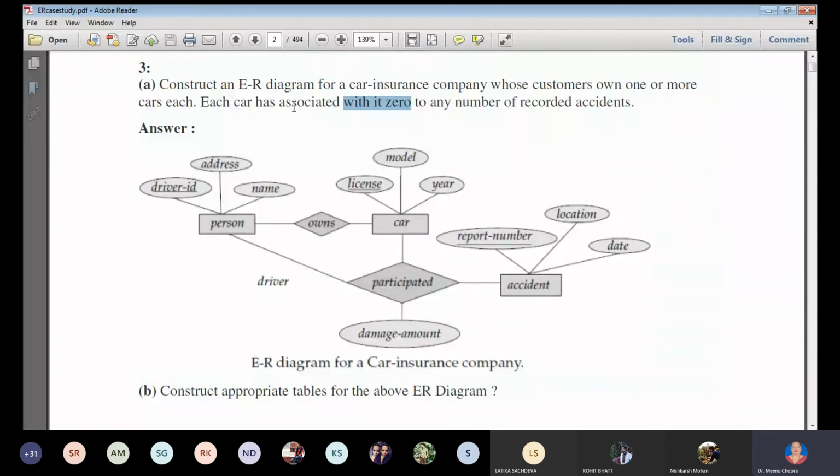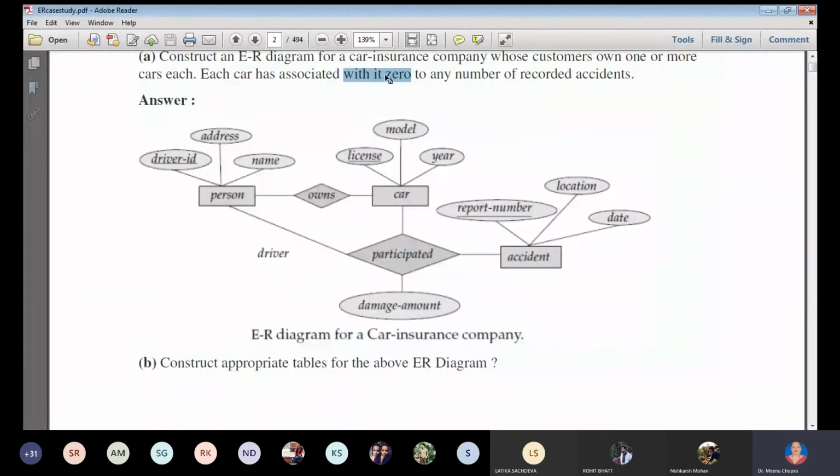Fine. Similarly, each car has 0 to n number of accidents. So you can make a relationship with the car and accident also with showing 0. That means 0 means no relationship. So that is why it doesn't depict car and accident here. तो तभी उनके बीच में relationship it doesn't show क्योंकि 0 आ गया. अगर आता 1 to many, then you can show relationship also. Clear? So you can show a person with this, or if it's 0 not there, you can have the relationship between car and an accident.